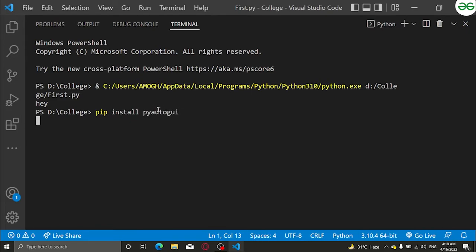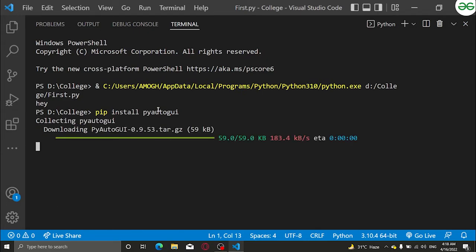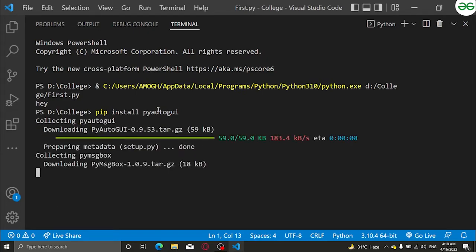PyAutoGUI. So what I will do here is run pip install PyAutoGUI. This will install all the packages, all the code and things required to complete the setup, or to simply run the code. It will install everything it needs.